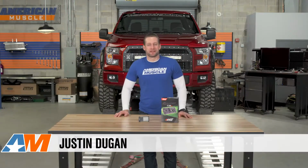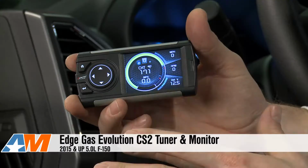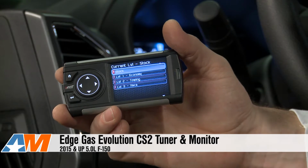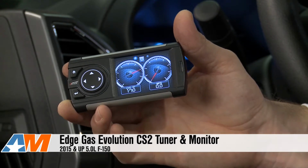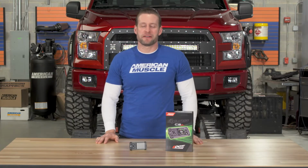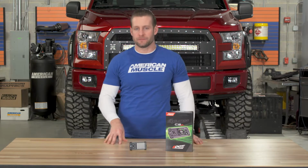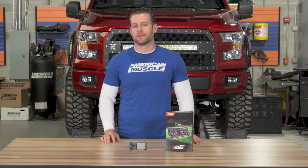Hey guys, I'm Justin with AmericanMuscle.com, and this is my detailed review, dyno test, and drive of the Edge Evolution CS2 device loaded with 3 Edge tunes, a performance, economy, and towing tune available for your 2015 and up 5-liter F150. The Edge CS2 is going to be for any F150 owner out there looking to take advantage of a preloaded tune and device combo offering a performance, economy, and towing tune along with some of the best miles per